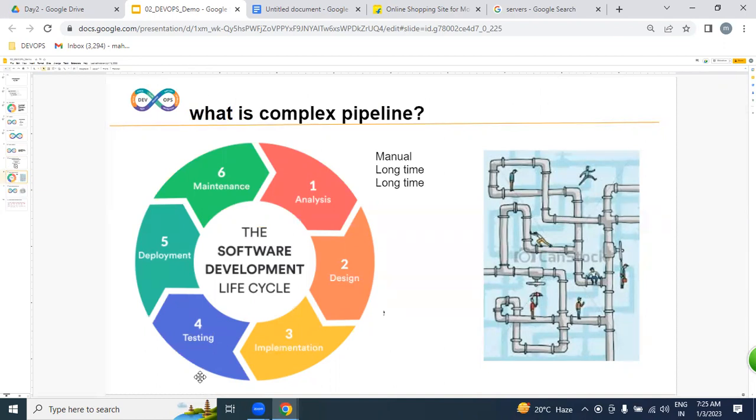Because it is a manual process. Due to this manual process, while delivering working software into the production environment, if you have any issue in the middle, identifying and resolving the issue will take a long time. That is the reason we call it a complex pipeline.